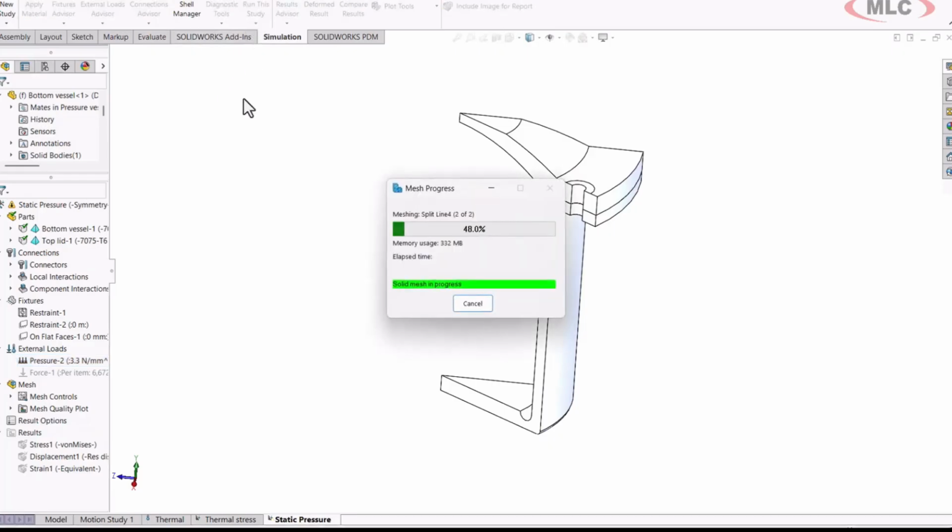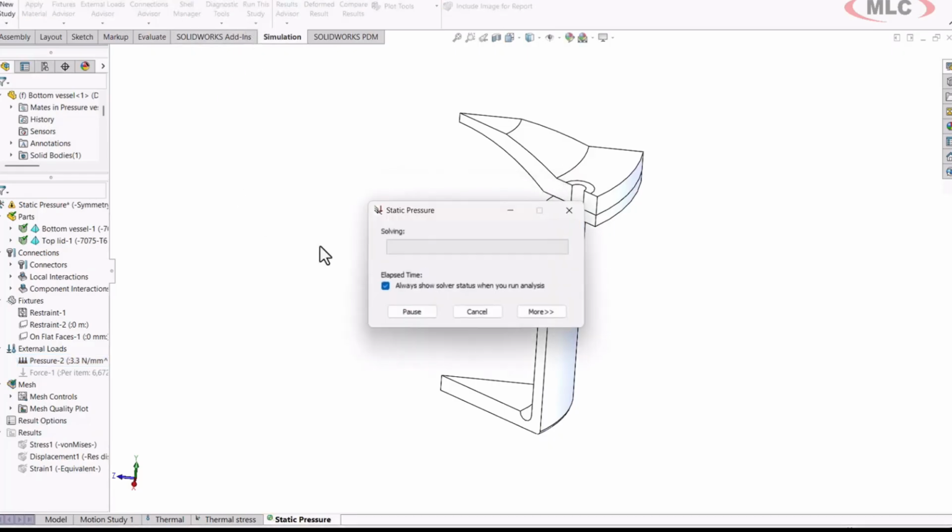Whenever we run this, running this study will then give us a pressure result, right? So we'll have a stress from our pressure, a stress from our thermal analysis. Now, we're going to take both of these and we're going to apply them in a